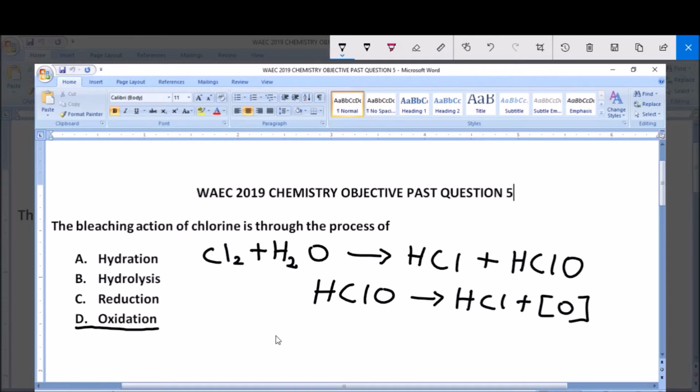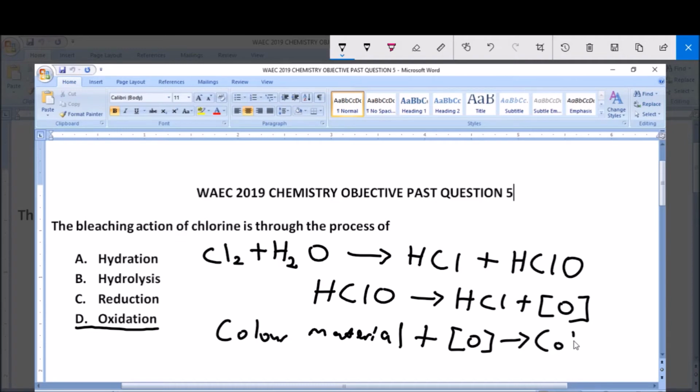Now, this oxygen atom is the one that reacts with the colored material. So you have a colored material reacting with oxygen, and when this reaction occurs, the colored material becomes colorless. In other words, it's bleached. So this is the mechanism that works for removal of stains as well, because basically stains are colored material, and